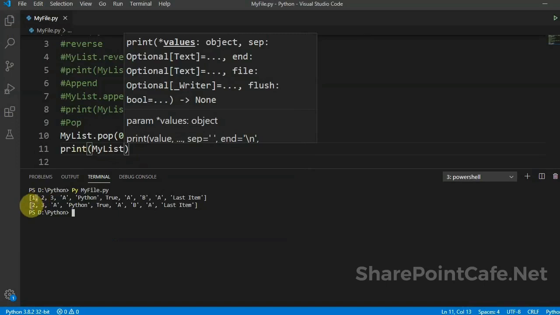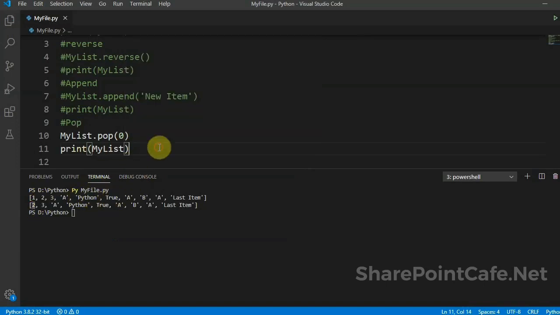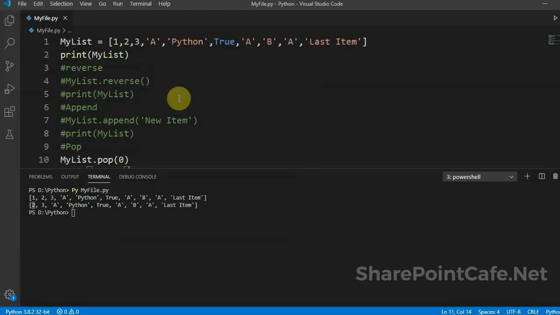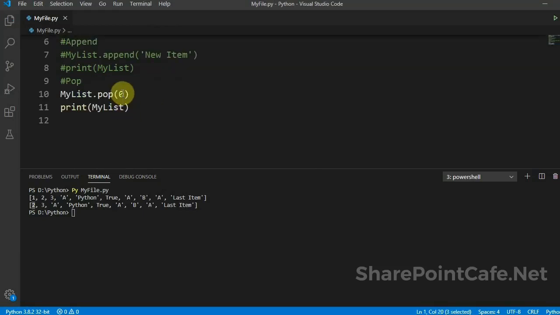So if I'll execute this, the index number which I have given in the pop function, that will be removed from the list. Now I will try to remove some other item from the list. I will change the index number here. See, the item at that index number has been removed.